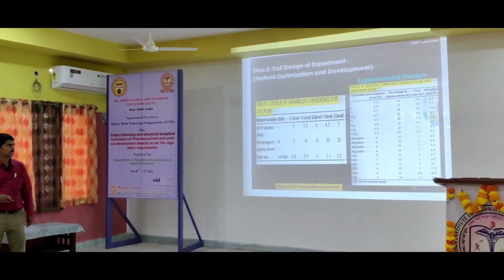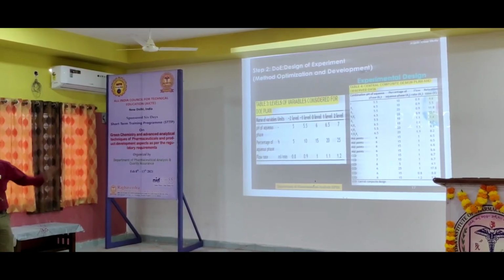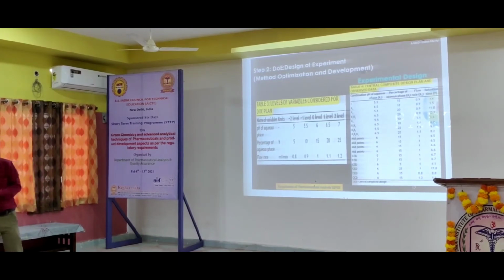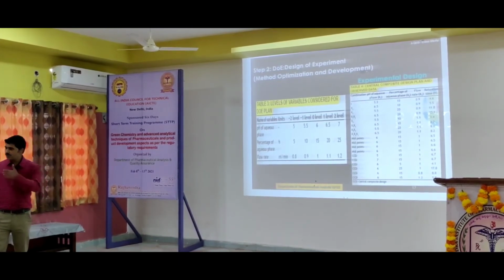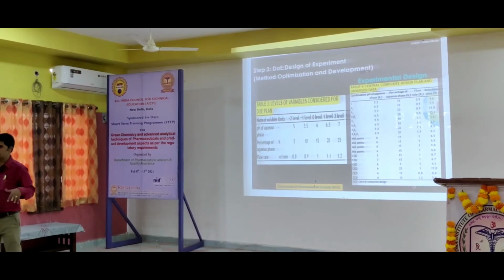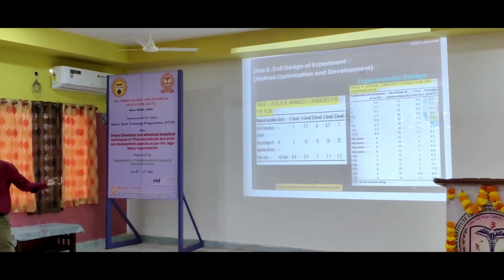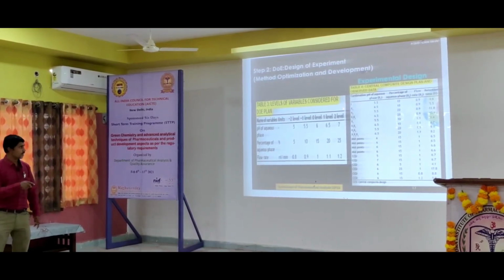You can get relaxed. Then if you keep all these values in the AQbD software, it will give you 16 values, that means 1, 2, 3, 4, 5 like that, 16 parameters which we need to check. If you try all these 16 methods, then your method is over. If you are going for the trial and error method, we are not sure that in 16 trials I can optimize the condition. Sometimes you may get it in 3 trials only, but you cannot be sure that in 16 trials I can get an optimized condition.